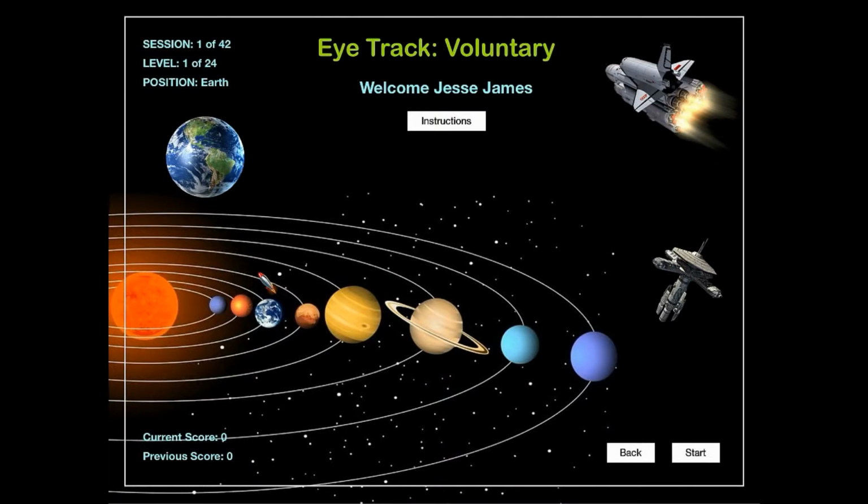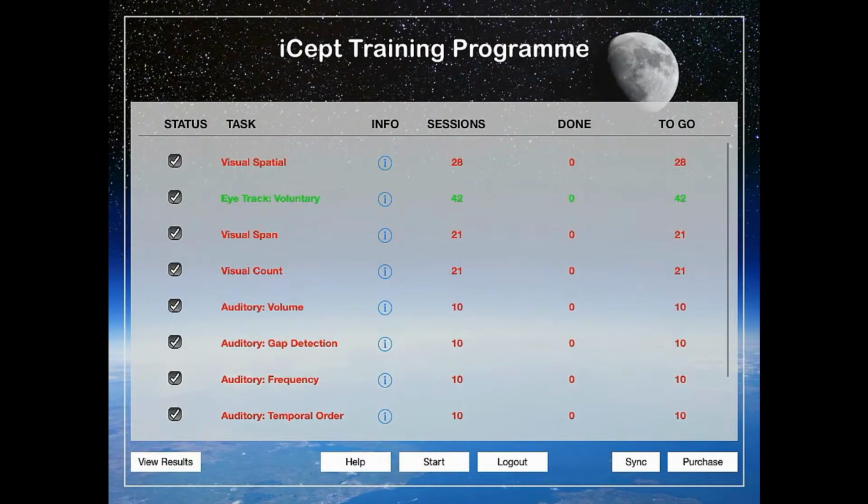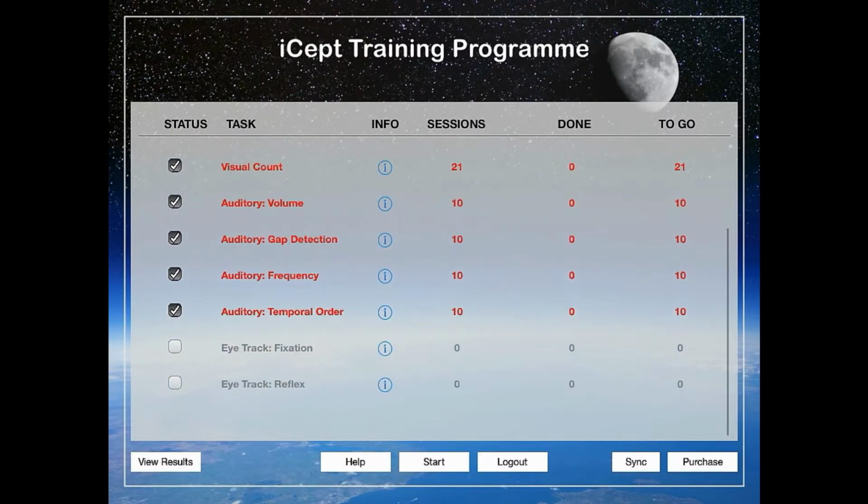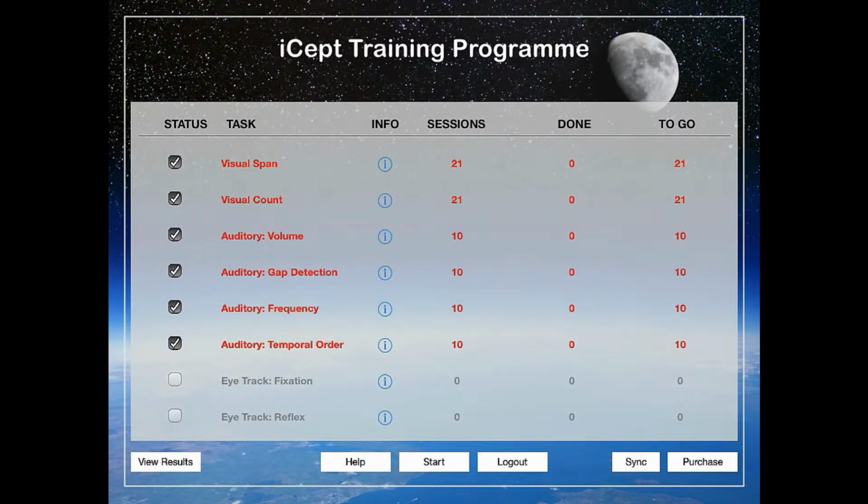The Eye Track Voluntary task is designed to improve eye movement control. This task should be selected if a problem was found on the Eye Track test during iCept testing. There are some other eye tracking tasks at the bottom of the list, but these have been added as future training options and should only be prescribed by an optometrist, since training in these areas without professional advice could make